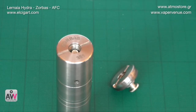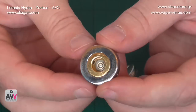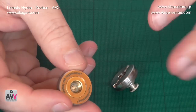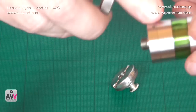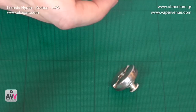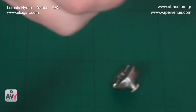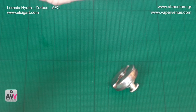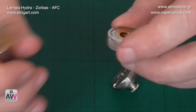So they may be addressing that in the future, but this brings us perhaps to the next thing that I got with it, which is this. And this is the airflow control. Now, with many things, they are absolutely fine with the airflow, because for instance on a K-Fun, it's coming in from there. Obviously with a dripper, it's coming in from the side. On the Flashy Vapor, it's coming in from the side there. So a lot of atomizers that are out there, it's coming in from the side. But for those where it actually needs to draw it from the bottom,